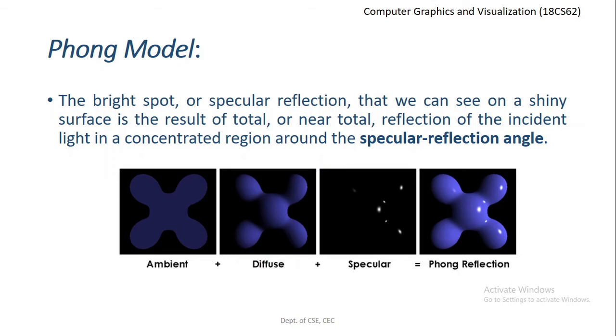We call it the Phong model. This was developed by a person named Phong Wei Tong in order to understand the specular reflection for a given surface. Now, in this particular diagram, we can clearly make out the different components, and how the different reflections contribute to the realistic view of a given object.